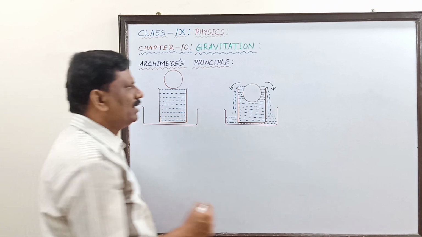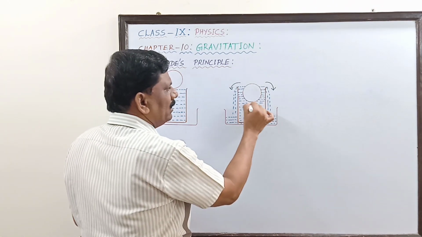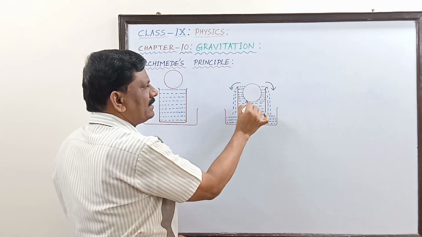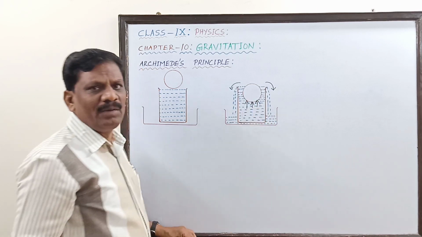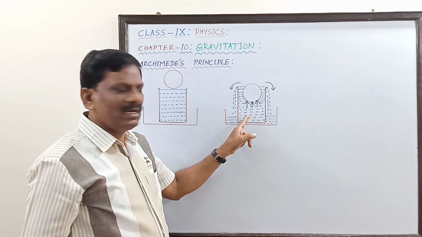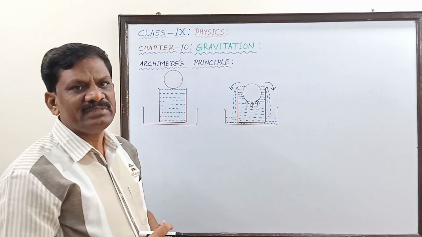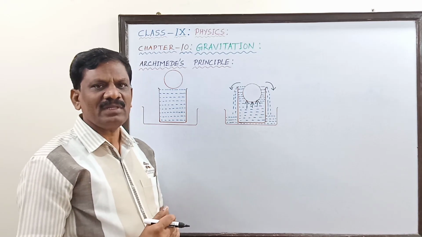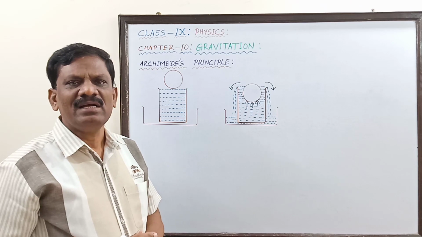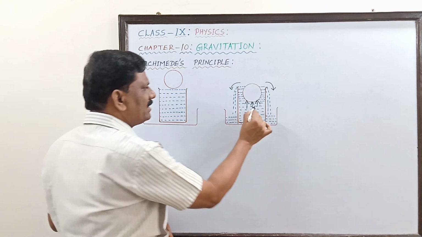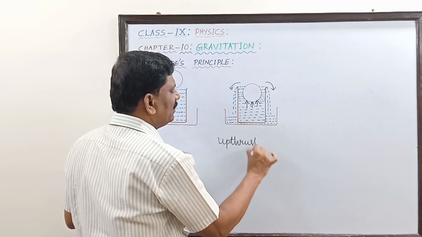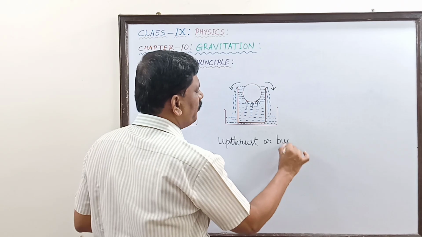Now, due to the weight of this ball, it is experiencing some upward force. This upward force exerted by the liquid on the bottom surface of this spherical object is called upthrust. Upthrust is nothing but an upward force. The buoyant force is also called upthrust. So, in this case, how do we measure the force due to upthrust? The upthrust or buoyant force